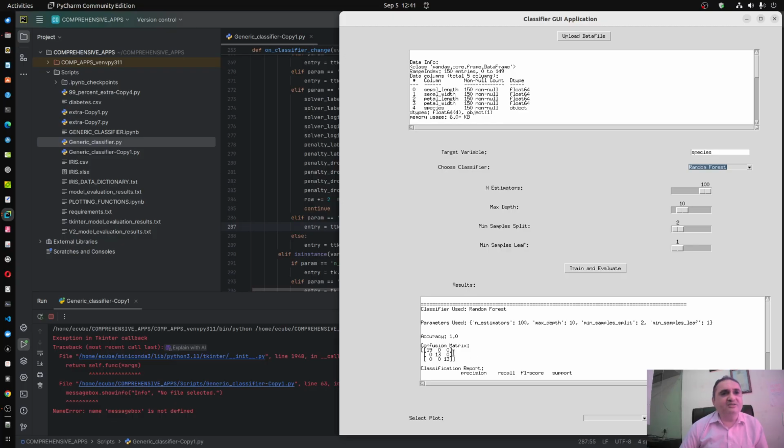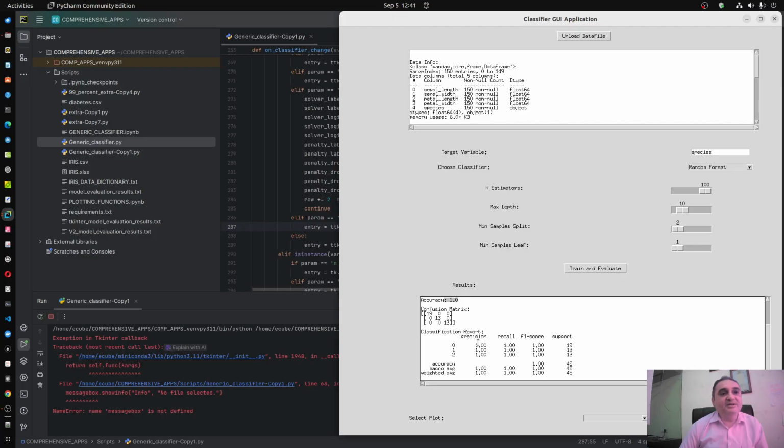Within a fraction of a second, it gives me 100% accuracy, precision also 100%, recall also 100%, and F1 score also 100%. Now that is because this iris data set is such that it lends itself very nicely to classification, and the features are such that the three species Setosa, Virginica, and Versicolor are very easily distinguishable.